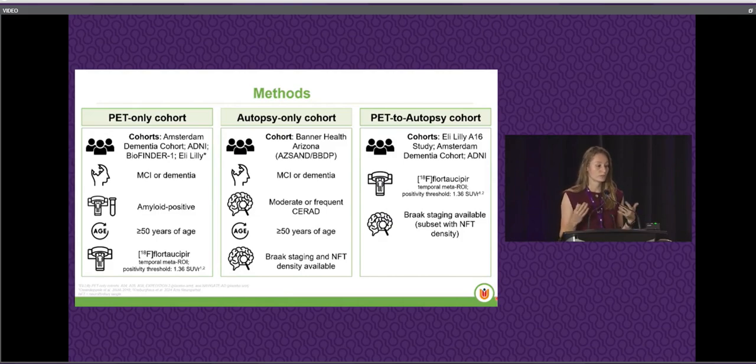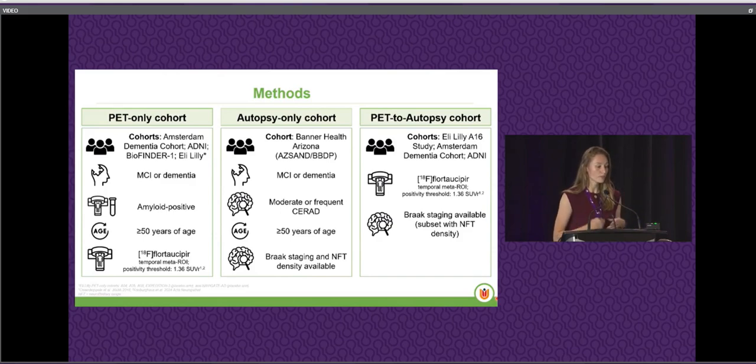We included participants from the Eli Lilly A16 end-of-life study, from the Amsterdam Dementia cohort and ADNI, who underwent flortaucipir PET imaging during life, and then died and donated their brain and went to autopsy after. And we only included participants that had Braak staging available. A subset of these participants, only those from the Eli Lilly study, also had measurements of neurofibrillary tangle density